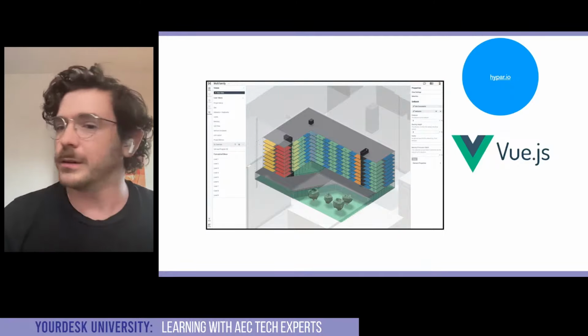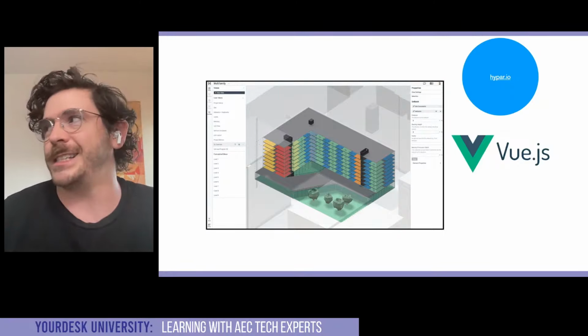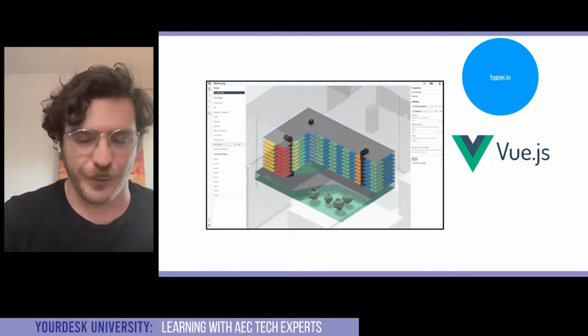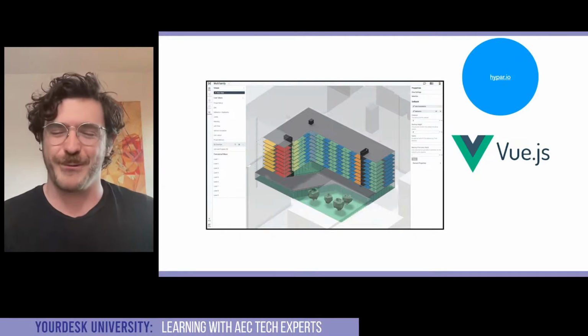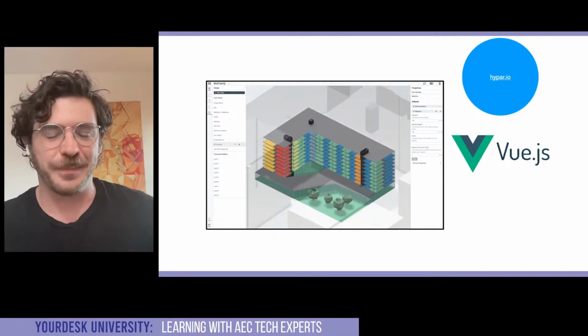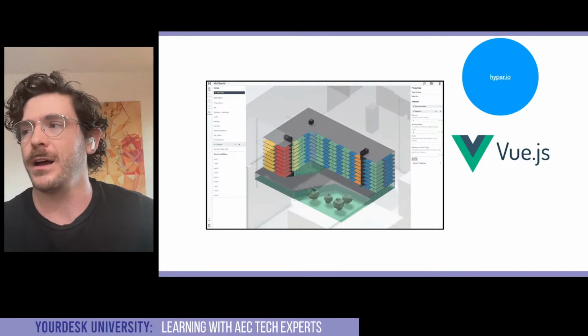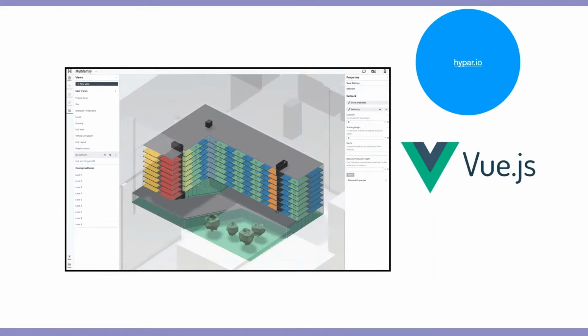So there are a lot of different front-end frameworks out there. It seems like a new one comes out every week, and people are very opinionated about what frameworks they use. I really love VueJS. I've been using it since I was at WeWork. It's super powerful, super easy to use. It's sort of gradual. You can learn a little bit and do a lot of useful things, and then you just learn more and more over time.